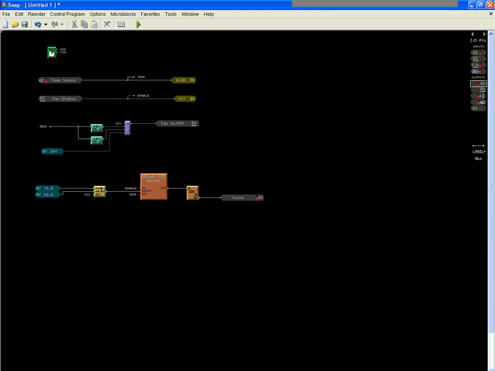And that's our program. This is a program that will modulate depending on fan status, occupancy, and what the temperatures are. So that's how you would set up a direct acting PID microblock inside of Snap. That would be my last program, so hopefully you